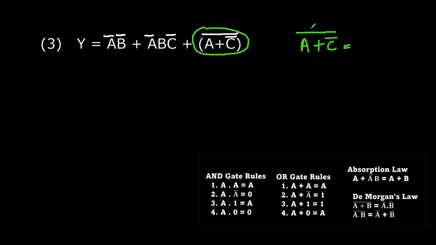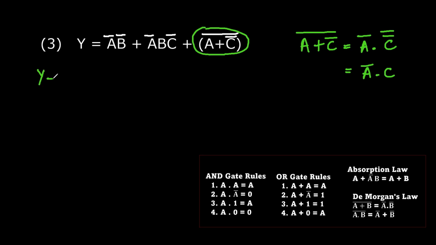So this is the top not that we apply De Morgan's law to. So we have to break the line and change the sign. You break the line, so you have the not C already inside, and that gives you another not on top. So if you do not already know, the complement of a complement gives you the same value. So not C is C. So this gives you a not A and C. So if we add it to this part,